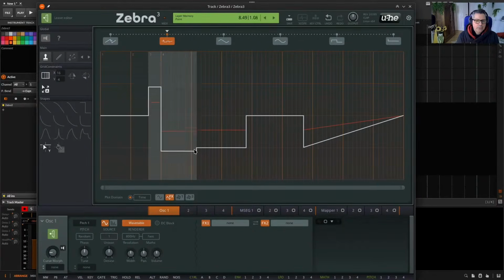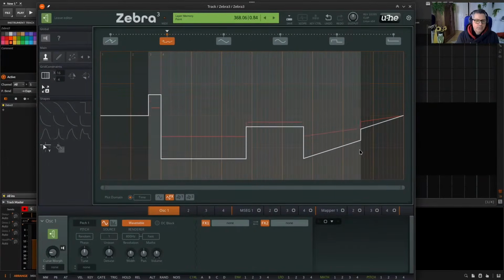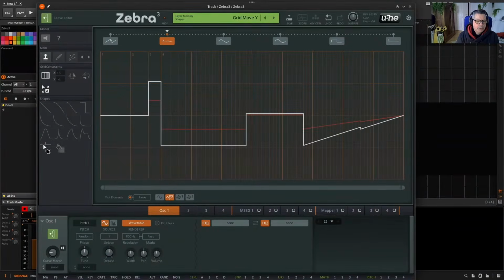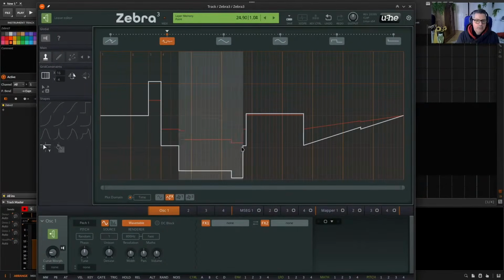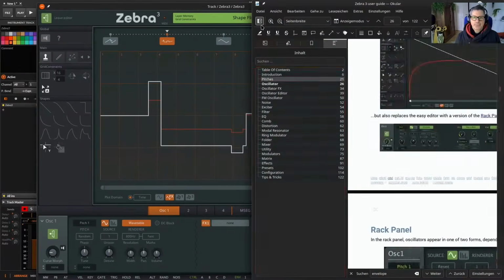Okay, this one is like you select everything and move it up and down because it's Y. And if you change that, you're still doing Y, there's no difference. And when you don't do that, there's no description what it's doing. Maybe